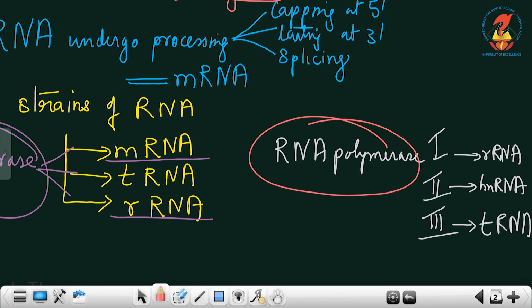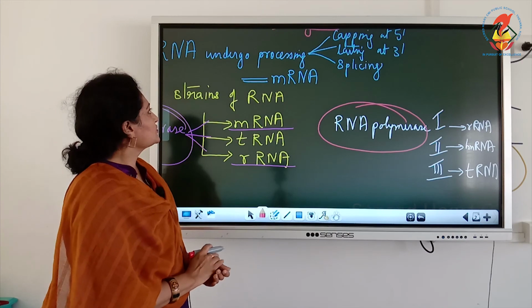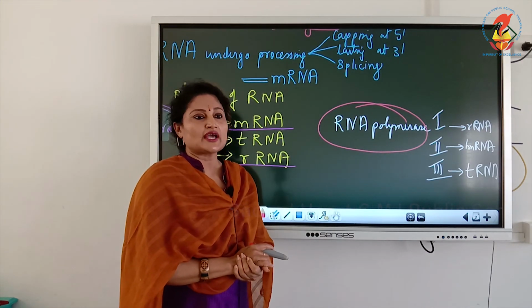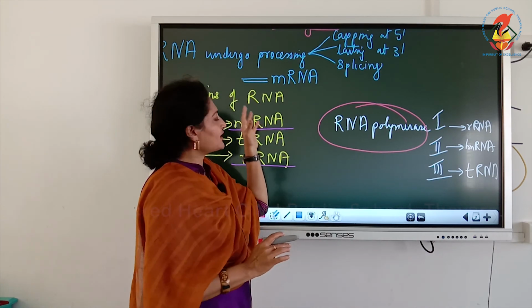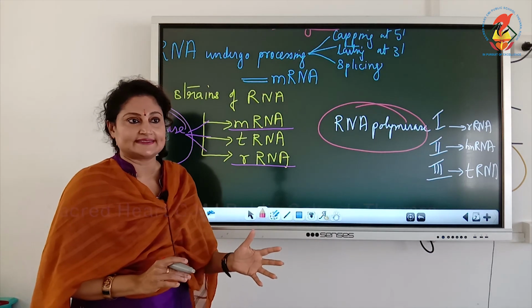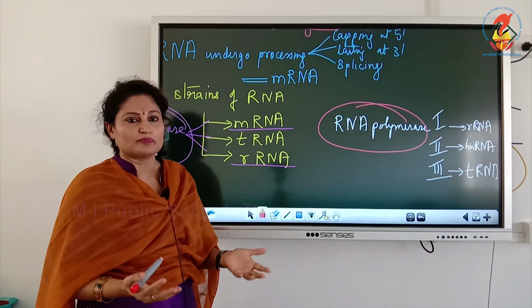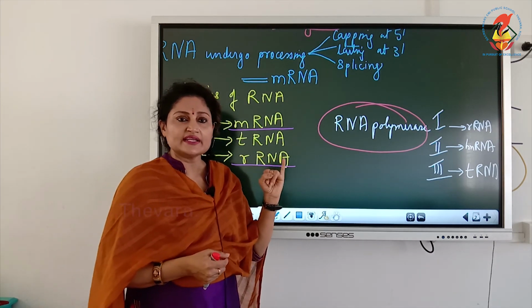For example, RNA polymerase 1 synthesizes rRNA, RNA polymerase 2 synthesizes hnRNA, and RNA polymerase 3 synthesizes the tRNA. So with this I have wrapped up the difference between prokaryotic and eukaryotic protein synthesis. Here what I have highlighted is the complexities, and it is found that the eukaryotic protein synthesis is more complex because of these two reasons. One, the mRNA that is synthesized